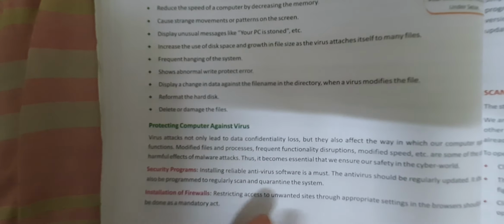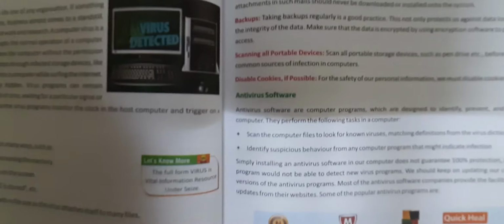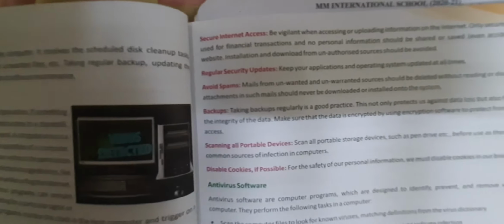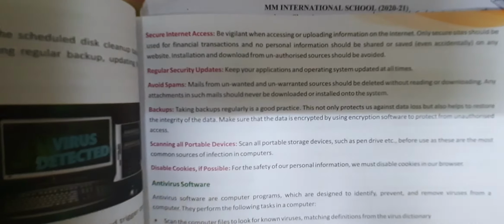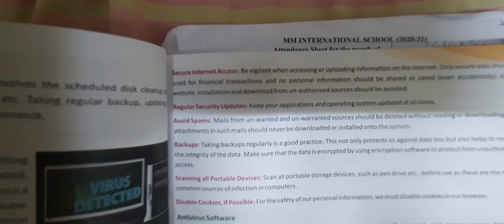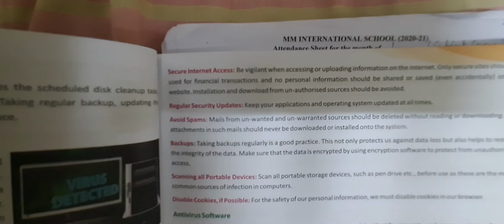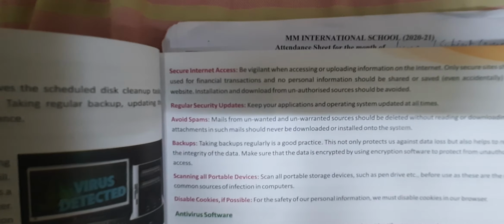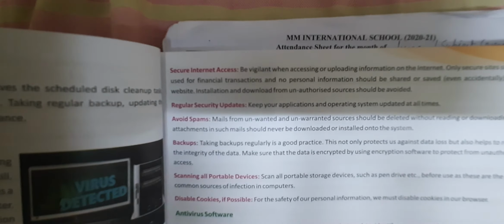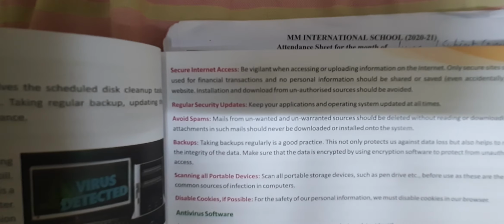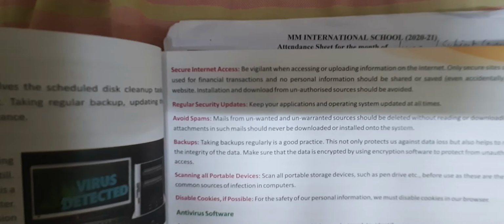Setting up firewalls is given in the help of Windows. You can read through it, and you can actually set up a firewall for your own system. Secure internet access: be vigilant while accessing, uploading, or downloading content, and you should use secure methods for financial transactions.